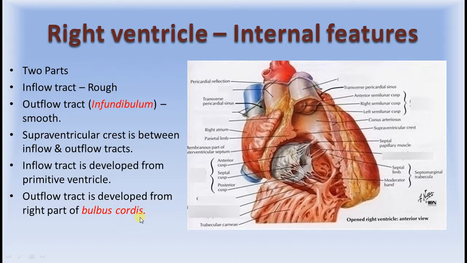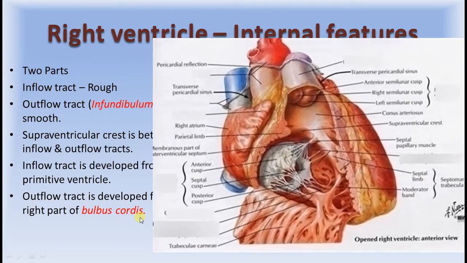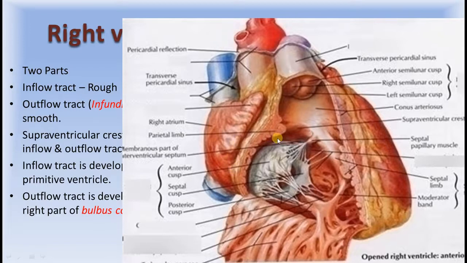The entry point of the inflow tract is guarded by the tricuspid opening, which has three cusps or leaflets that form the tricuspid valve. The outflow tract enters the pulmonary trunk through the pulmonary orifice,